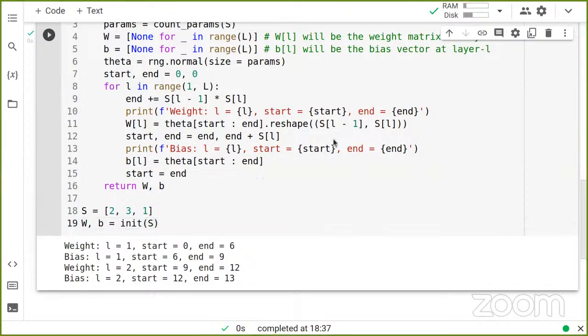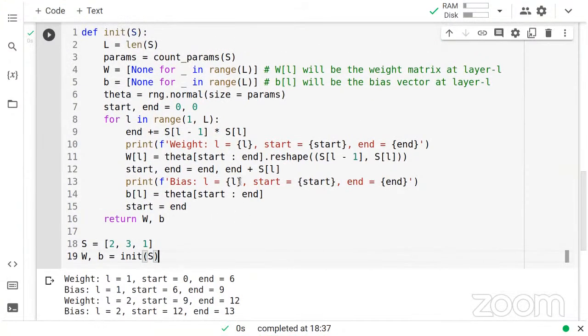So is this example clear, what we have done? Yes, sir. Okay, so now to fully appreciate what has happened,